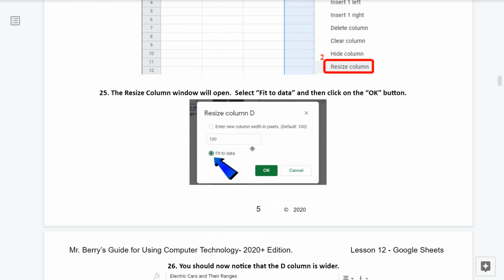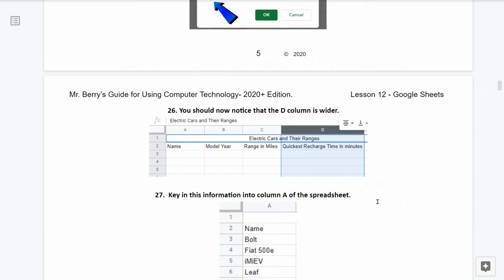The resize column window will open. Select fit to data as seen here. After you click on fit to data, click on the OK button.